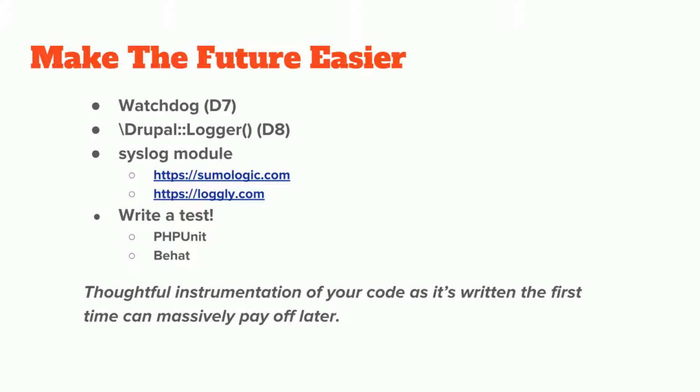We use Sumo Logic really heavily at Acquia, and in my team in particular, basically anything complex, we have it watchdog something. And then that gets shipped off into the logs, and we can set up alerts. So we can say, anytime we get this one particular type of error twice in 30 minutes, let us know. We're pretty high volume. We do a lot of internal stuff. So some errors we can live with, but we need to know when it keeps happening. And that lets us have a little bit more peace of mind in what we're doing, because we know that it should tell us when something is wrong.